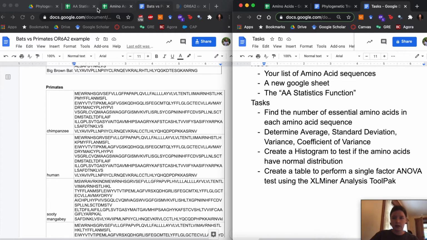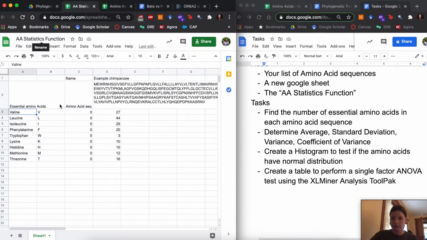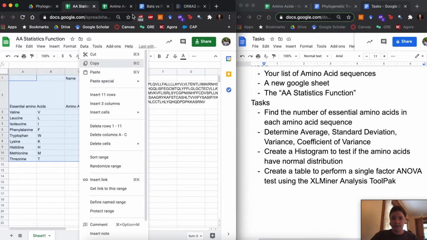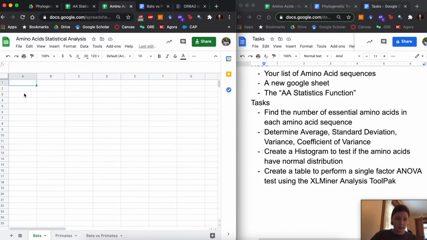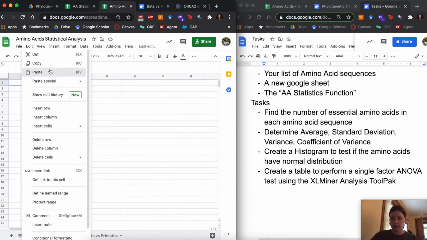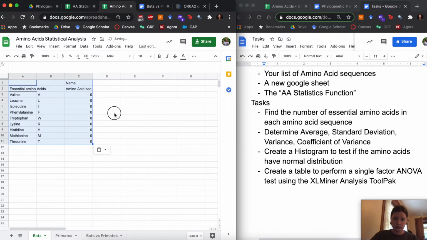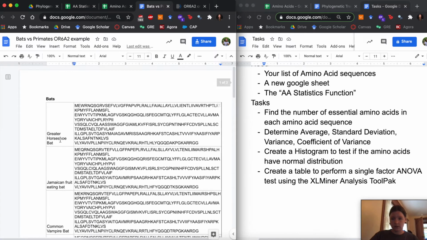You can start this by going to the amino acid statistics function and just copy the first 3 columns. Copy. And then go to your new spreadsheet and paste them here in A1. And then I created a function that copies over, and it will count the number of times that V appears in your amino acid sequence and record it here. So if we start with the first amino acid sequence, the greater horseshoe bat, I'll take the name,